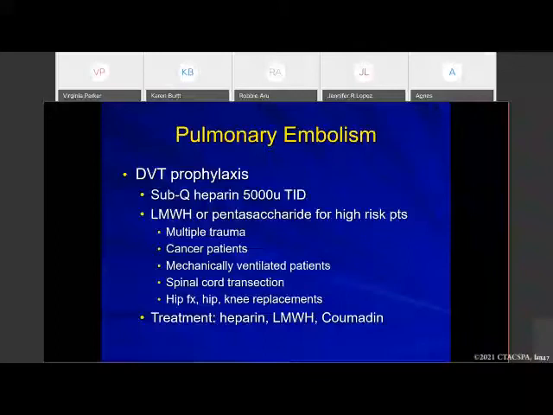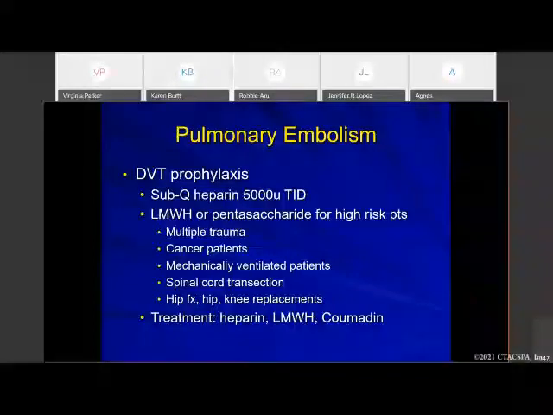So for pulmonary embolism, of course, we give DVT prophylaxis. I have another slide on that later. Sub-Q heparin. We use low molecular weight heparin for patients who are multi-trauma, 30 milligrams twice a day. Cancer patients should also be on low molecular weight heparin. Most hospitals will have protocols now. We'll give them 40 milligrams once a day. Patients who are in the ICU should ideally be on Lovenox. Sick patients, you can see there. COVID patients,